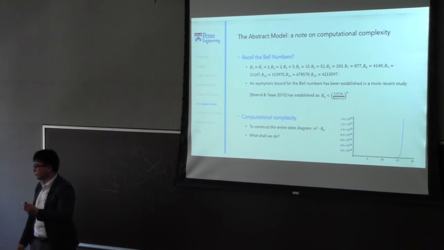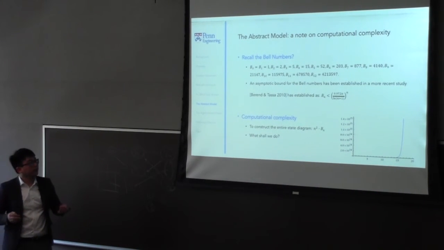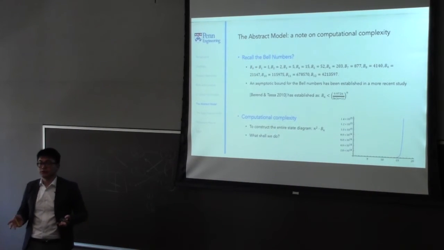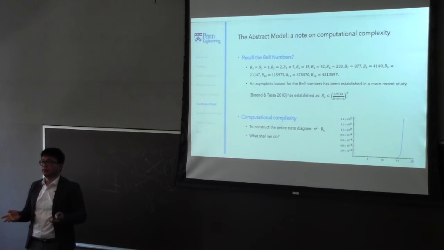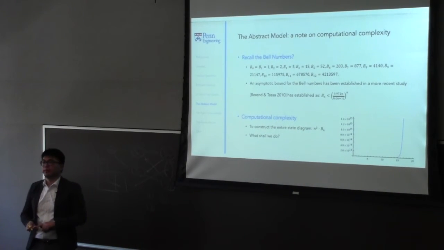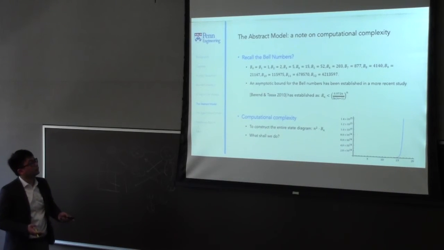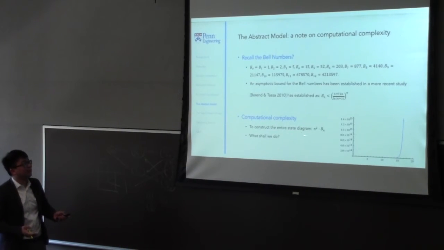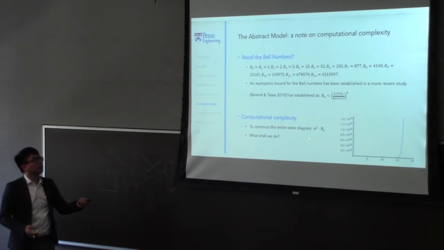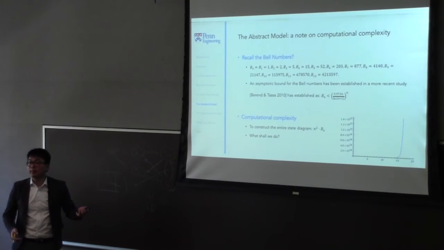And what happens here is that for a simple number of players, like 12, you would have over 4 million partitions, which means there are 4 million states of the game, right? That's only 12 players. You have 4 million possible states, and if you do the simple calculation, a walkthrough of computing utility, considering one-player differences, all these things, the computing complexity associated with constructing the entire state diagram as we have here would be n to the power of 2 times Bn, the Bell number n.